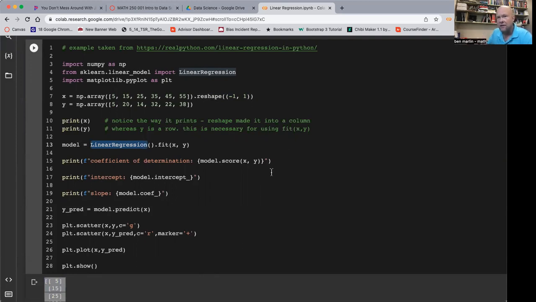And we have a method for it, a function that will make the fit if you feed it the data that we've got, the X and the Y, okay? And the X needs to be a column vector and the Y needs to be a row vector. But once you've got the model there, it uses score as the method to read out